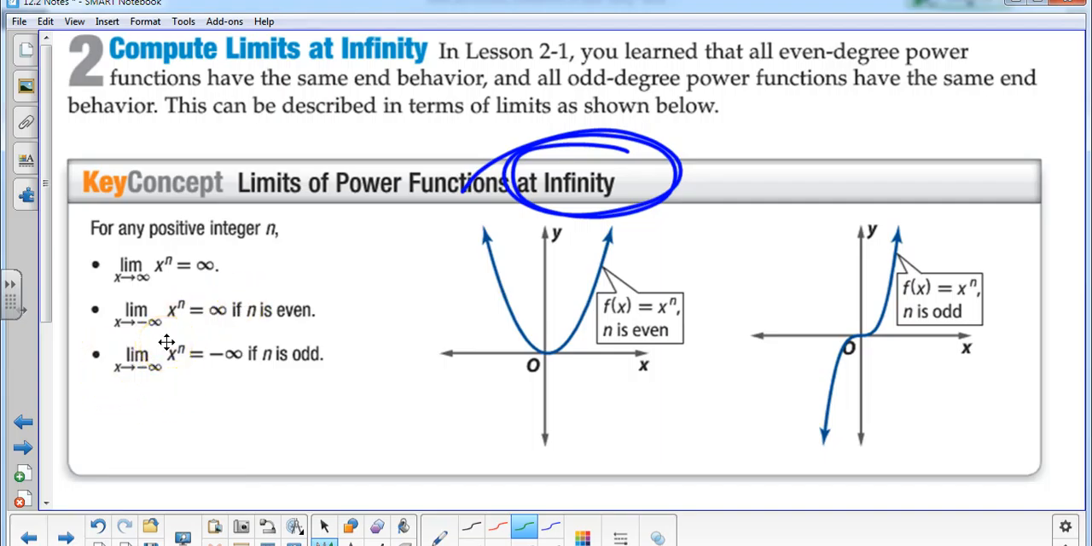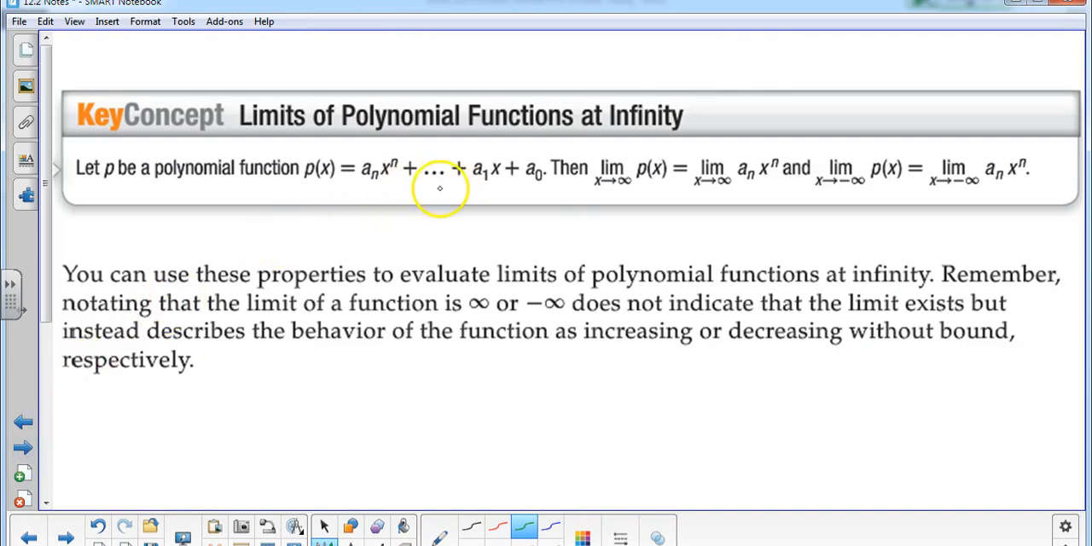So this says if you had just a plain old x to the n, so it's just a power, no coefficient besides 1. If it was an even exponent, it would point up. If it was an odd exponent, on the left it would be down, and the right would be up. Okay? Polynomials. Look what this says. It's really complicated to my thinking here, but it says when you have a polynomial function you want to know about out at infinity, it is the limit,